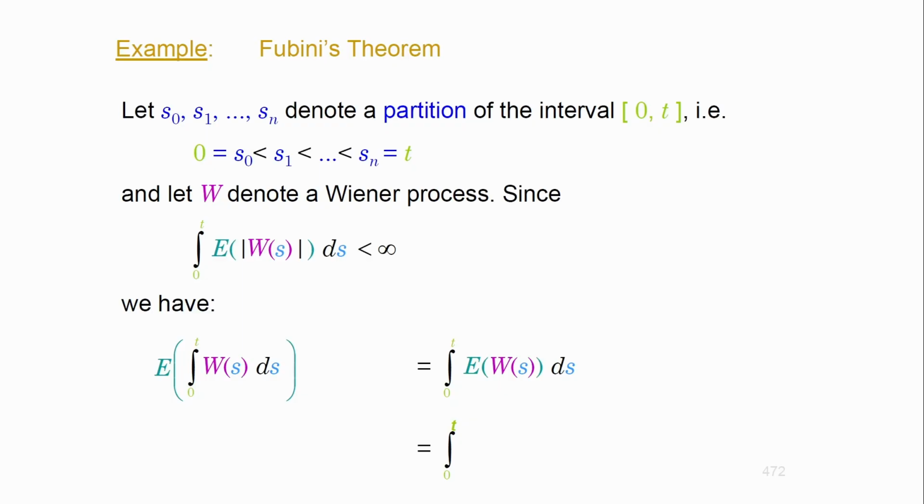Now, what is the expectation of the Wiener process? Actually, by definition, we talked about it. This is 0. So the expectation of 0, well, if you integrate that, you have 0 coming out, so this is not going to be a big deal. So the expectation of this integral is going to be 0. All right, does that make sense?